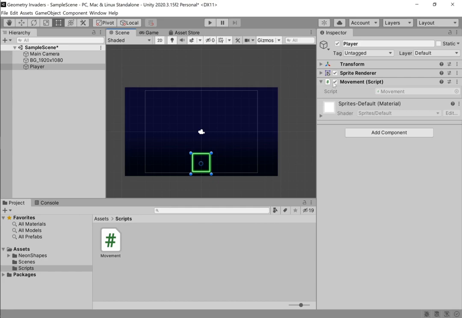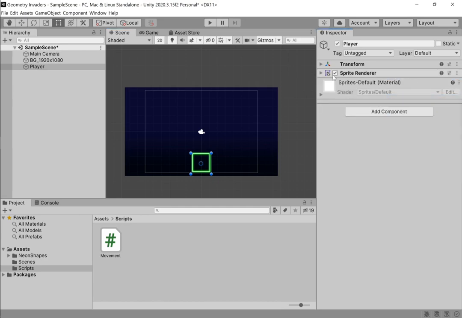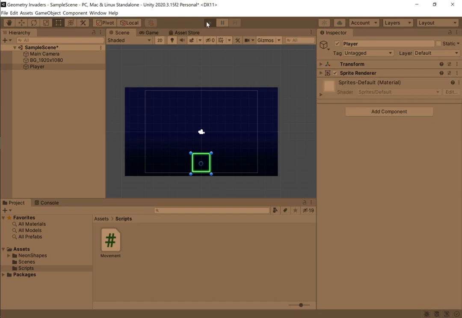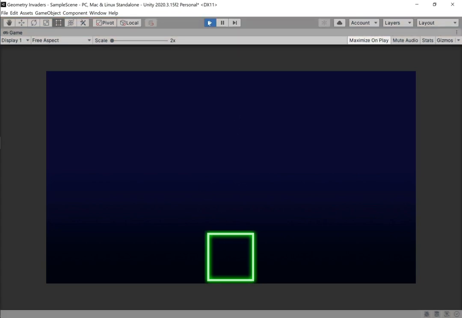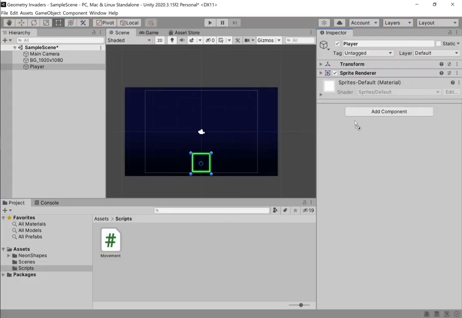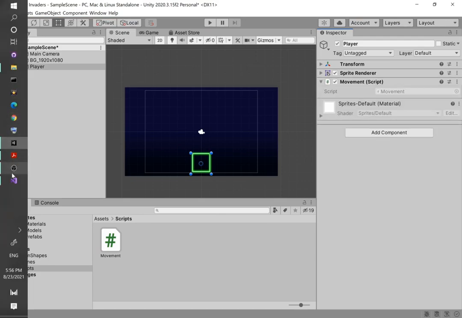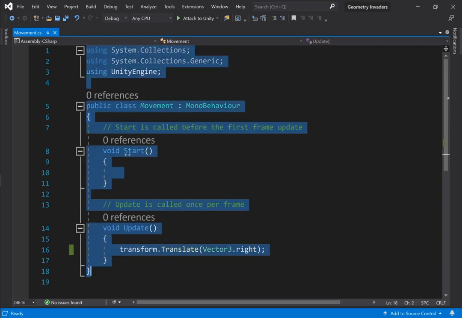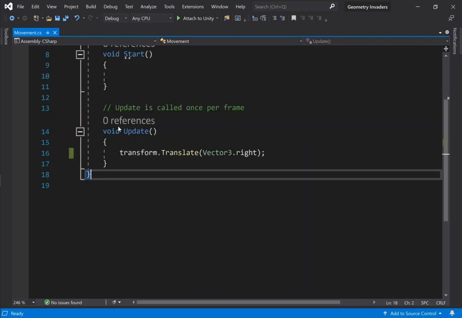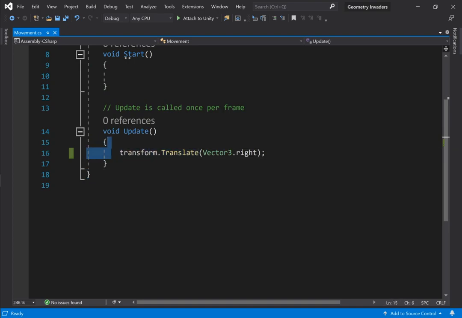Now if I remove the script for the moment, if I click on the three dots here and remove component, we'll see the movement script goes away. And if I launch, there won't be any movement, because now the object doesn't know what to do. Compared to if I drag the movement script in, when I play, all of this code starts executing, and as we know, the update runs all the time, so it just makes my player go